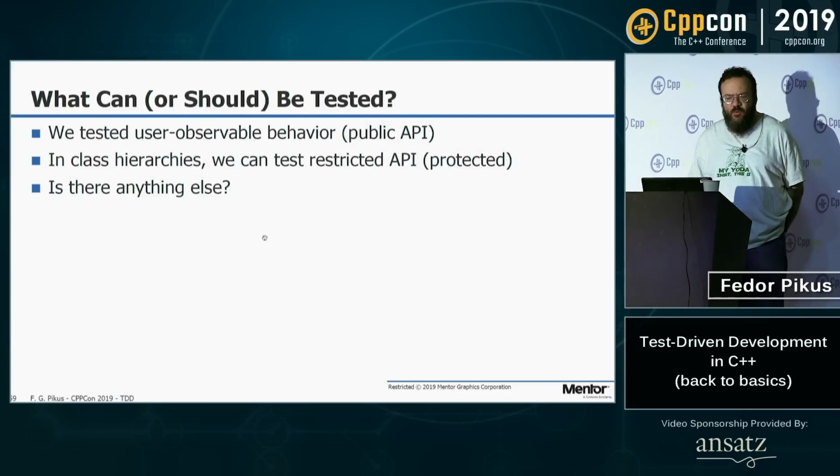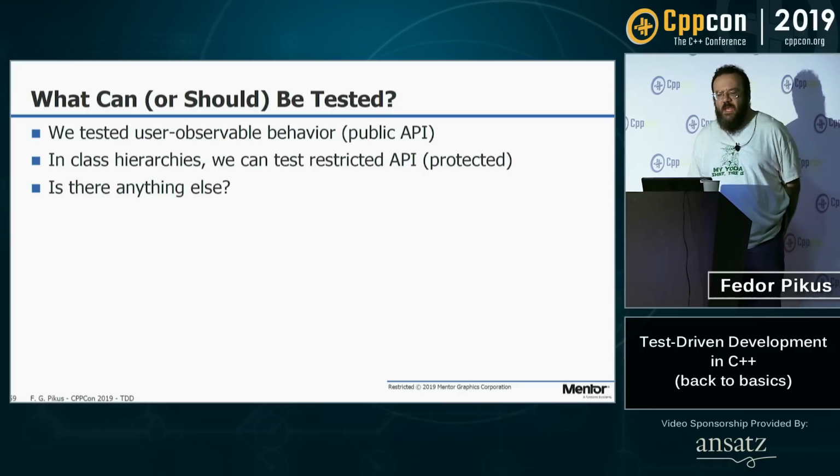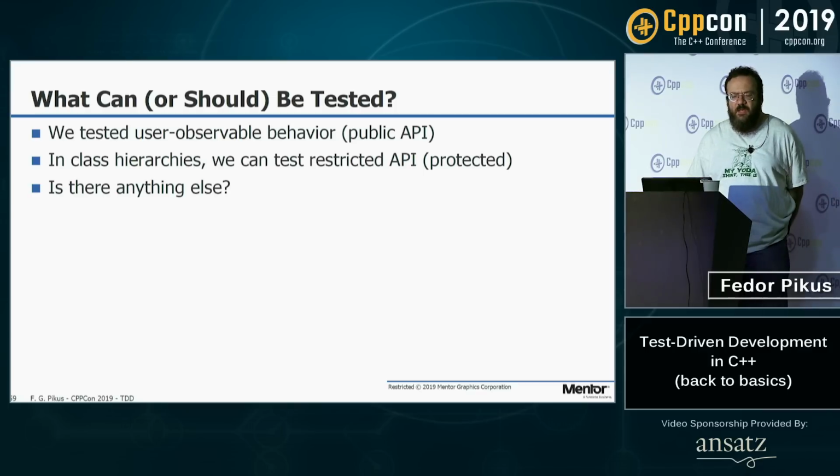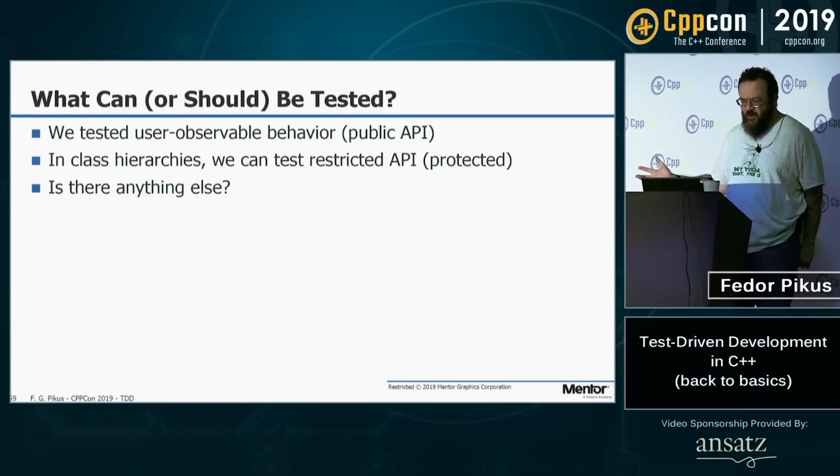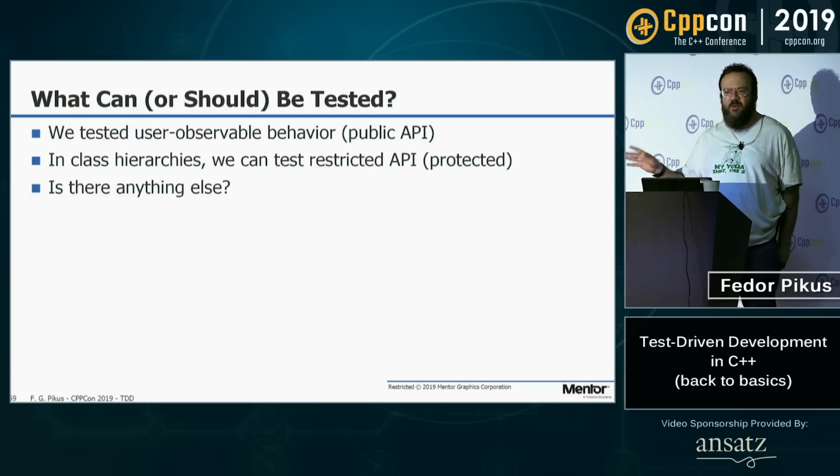The very important, very tricky part is that testing really means observing something. So what can you observe, what can you test? We've seen so far, in all our short examples, which are actually realistic examples, we tested for user observable behavior. We used public APIs to test. That's also what happens if you do system end-to-end tests, whole system tests. You run the program, you look at the results, that's again user observable behavior. If you have class hierarchies, you can inherit and you can hook up to protected APIs.